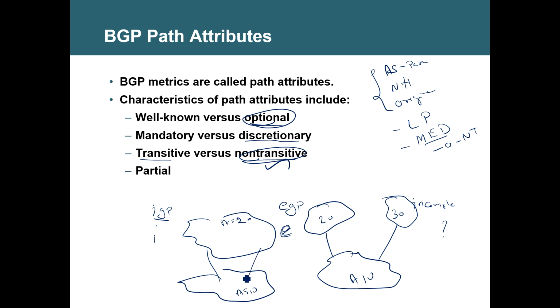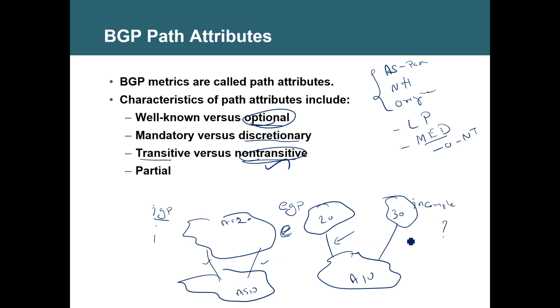Only one upstream on the top, but multiple connections to the upstream. Only in this scenario will MED come into the picture. MED will be useful if you tune it, but EBGP updates are invalid if MED is not there. At least the default 0 should be there. MED by default is 0. It's a numerical value. Smaller is preferred.